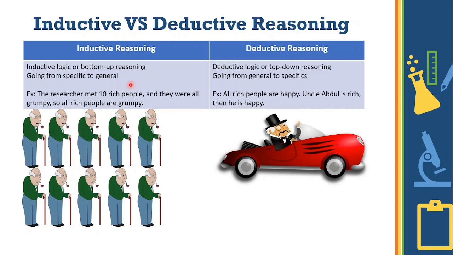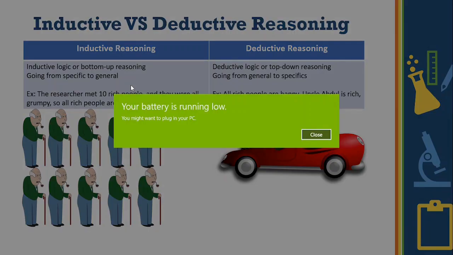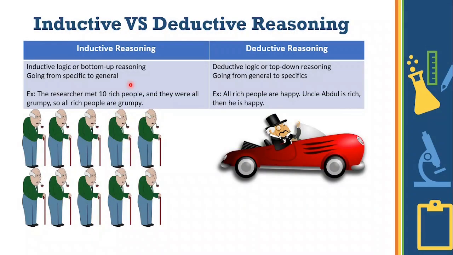Inductive reasoning, as it's also called inductive logic or bottom-up reasoning, goes from specific to general, from specific cases to generalization, or from samples to general, from observations to generalization. So you go from collecting or observing specific cases or samples to developing a theory based on those specific cases